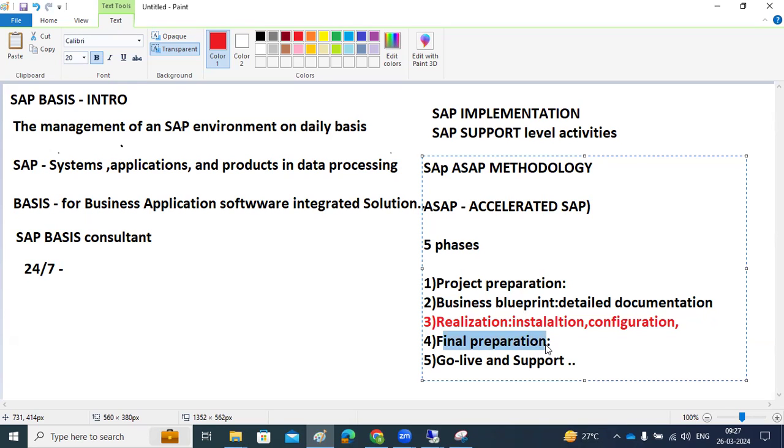In the testing phase, if something happens, you may need to upload the memory, or you need to downsize it, something you need to do. So all the end user training activities, documentation preparation, landscape, everything, we will do in the final preparation activities. After the successful completion of the final preparation, we will ensure the system is ready for go live, for new business